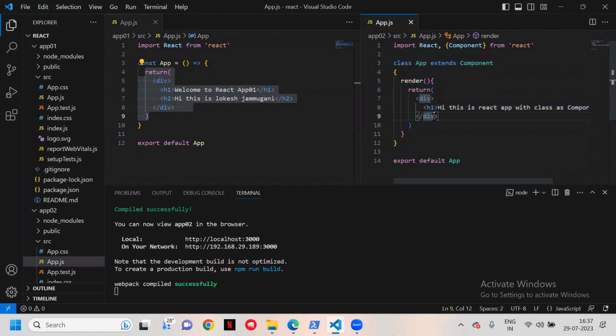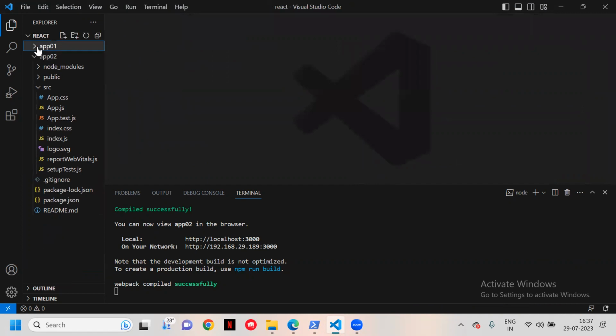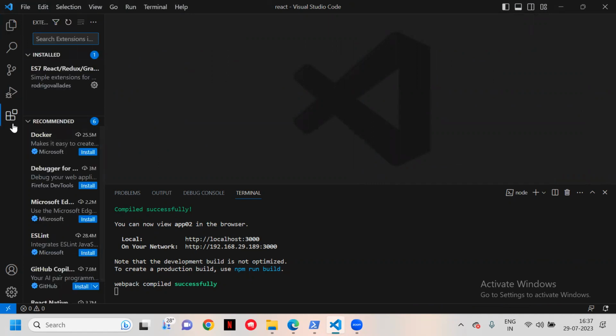So if you want to reduce your work, there's a small technique. I'm going to tell you that technique now. See, simply try to go for the extensions. Okay, go to the extensions. And now in the extensions,